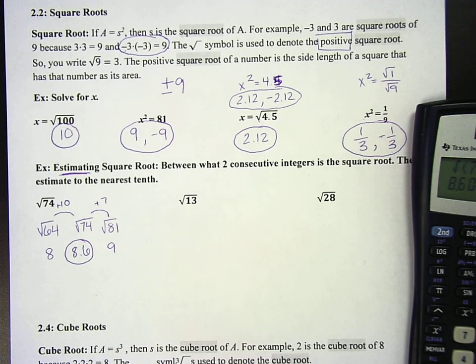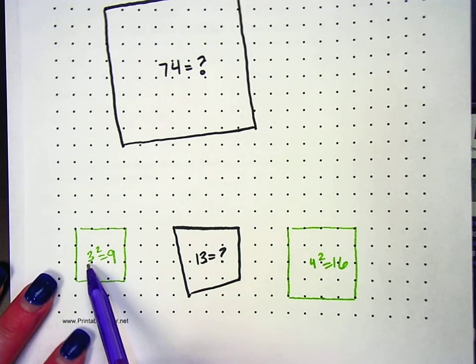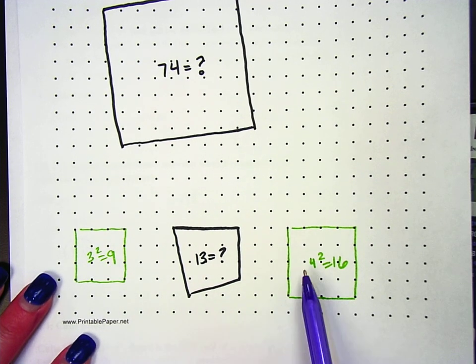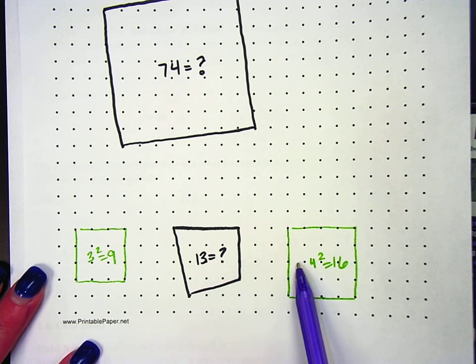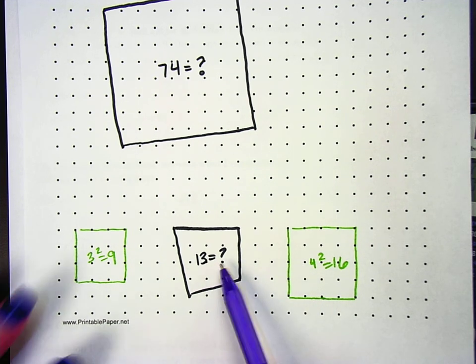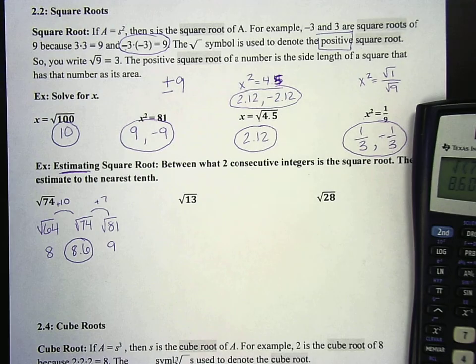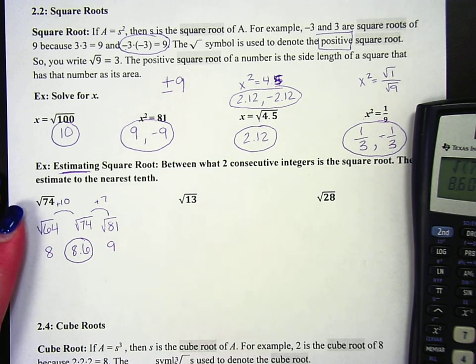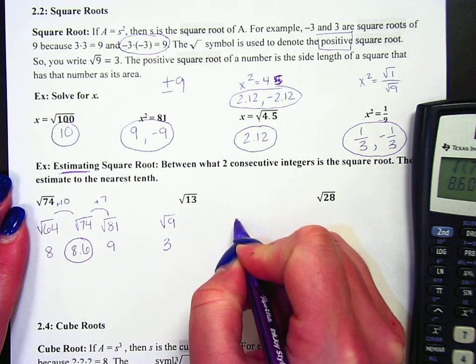Okay, so let's try 13. My square of 3 times 3 is 9. My square of 4 times 4 is 16. My 13 is in the middle there, right? So it's kind of a funky box. It's not exactly a perfect square. So this is a decimal that does not stop, does not repeat, but we're going to try and guess what it's closest to in the 10th place. So I'm going to write my work: the square root of 9 is 3. The square